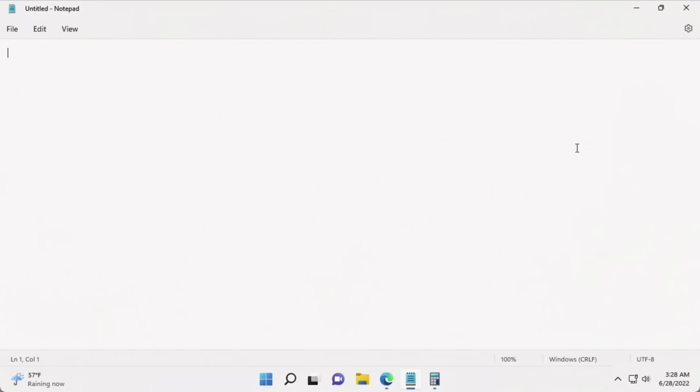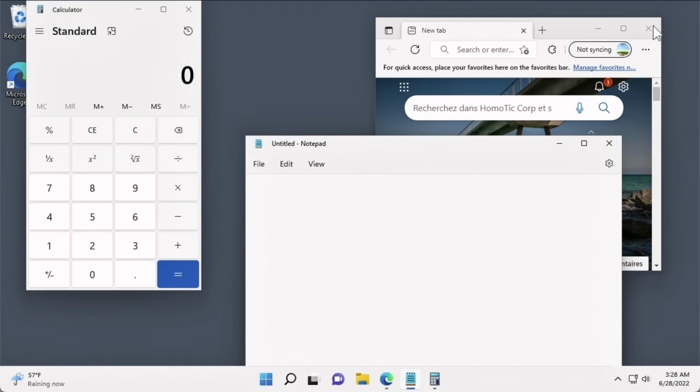Note that if I now hover my cursor over the window's outline, no resize cursor appears. This is because you cannot resize a maximized window. But if I click the Restore Down button at the top right and now hover over the window outline, the